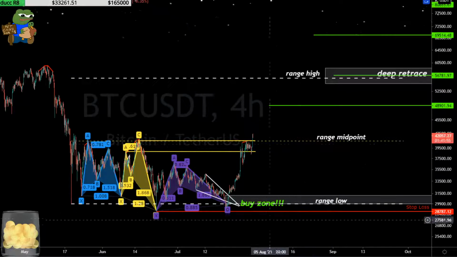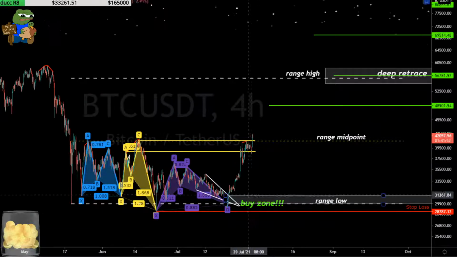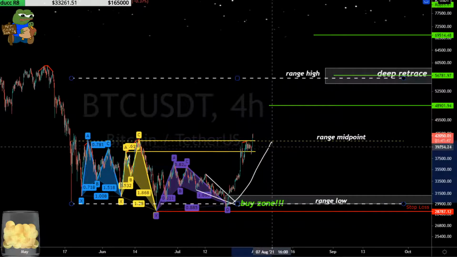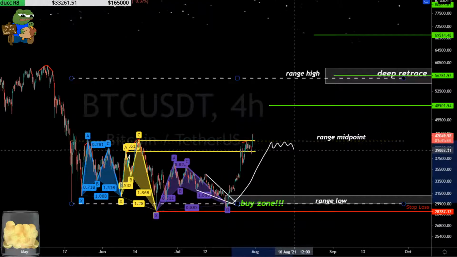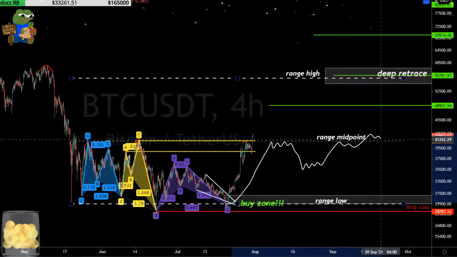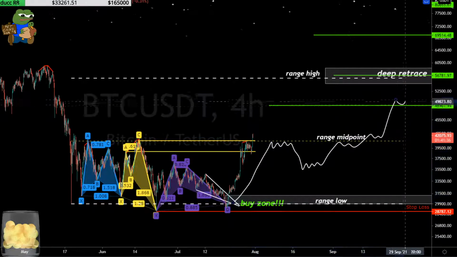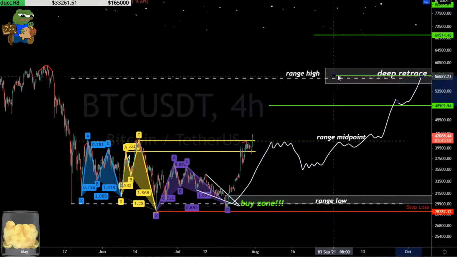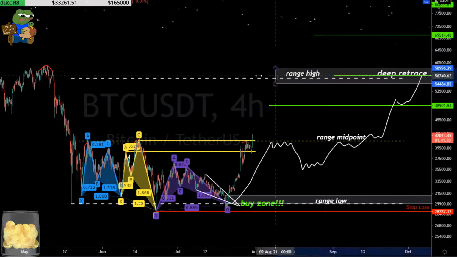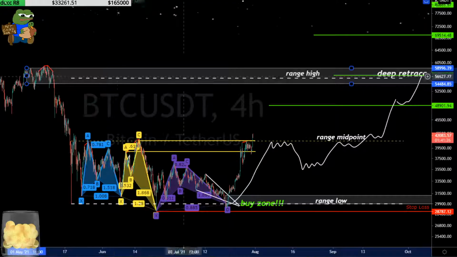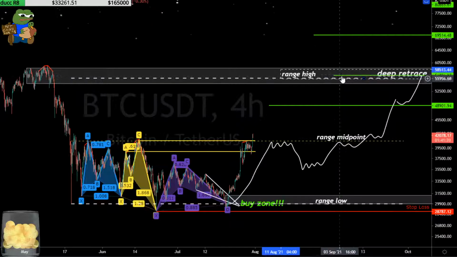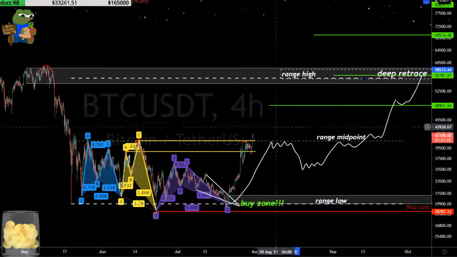Okay, so we're at the midpoint, all right? So again, coming all the way up and testing the midpoint, and we basically chopped right here. You would think that, yeah, you can get a little partial decline, right? It's not that unheard of. And then this is how we get to this deep retrace area. Also, this deep retrace area up here between the 786 and the 886 square-up area becomes the new range high and the deep retrace all in one, and kind of this target area.